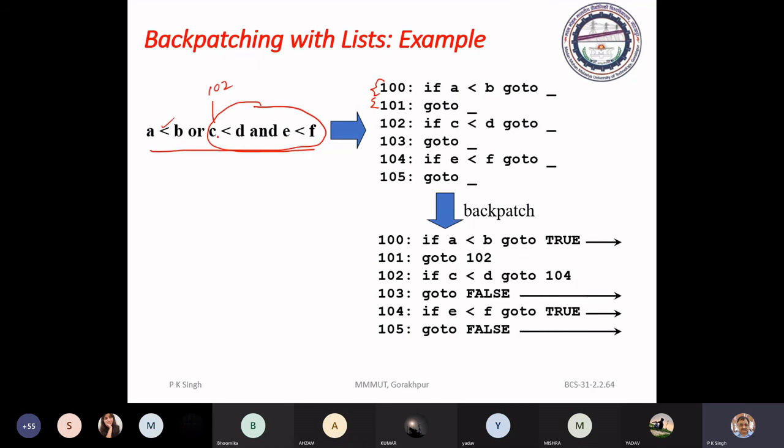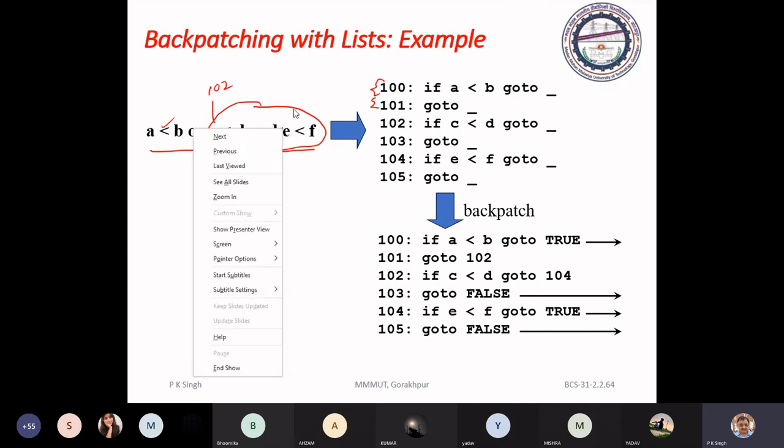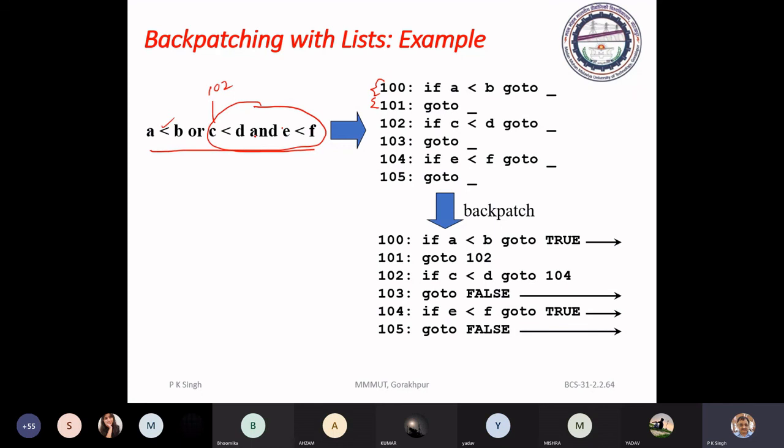Now here C is less than D, again then AND. So here you have a marker production. So for C is less than D, first you translate C is less than D. If it is true, then you have to go to this. So here it will record this.